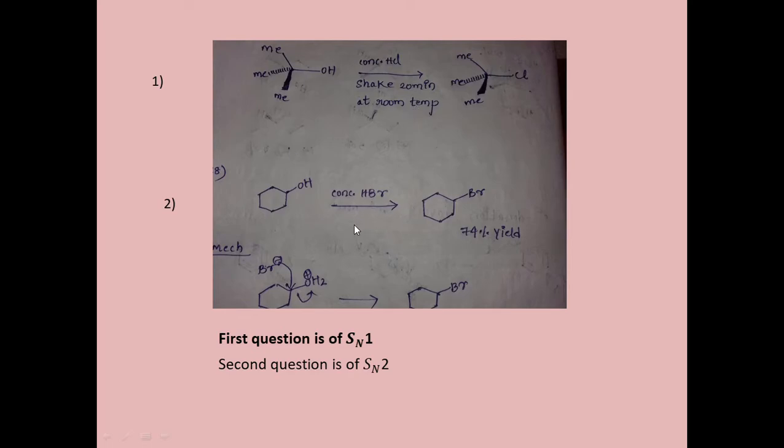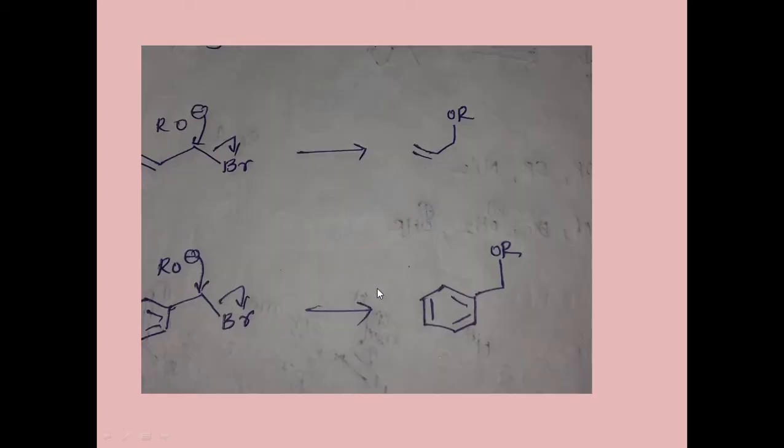The first is of SN1 and this is of SN2. How can I say this is SN2? This is a secondary carbon, right? Here it is doing a back attack. By seeing the back attack, as you can see, there will be an inversion in the configuration, and it is SN2. Now this one: here also it is attacking from the back, right? This bromine will go and OR is attacking. This is the product. Similarly it is happening here also. So these are SN2 examples.